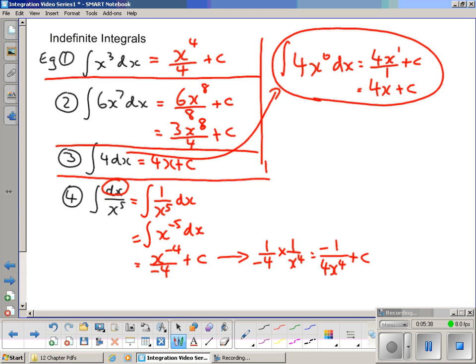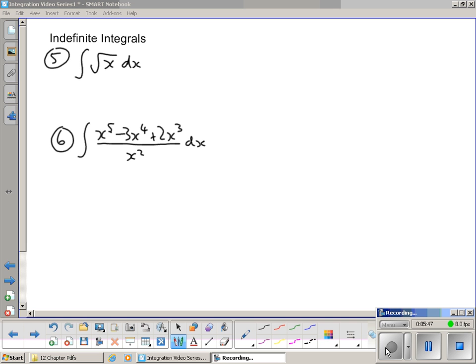So that's the indefinite integrals, the first 4 examples at least. Let's press on and see where we go with our next few examples. Okay, example number 5 here. We've got the integral of